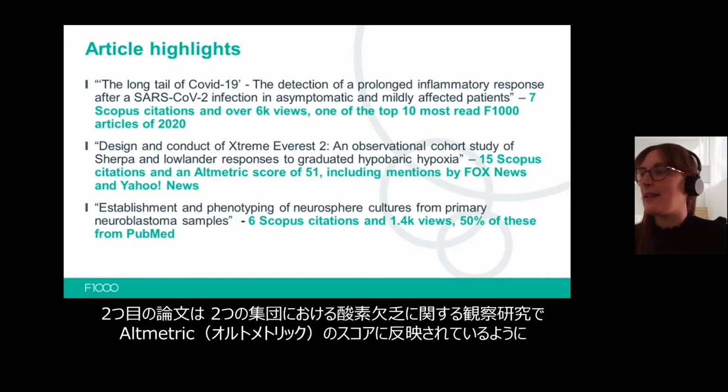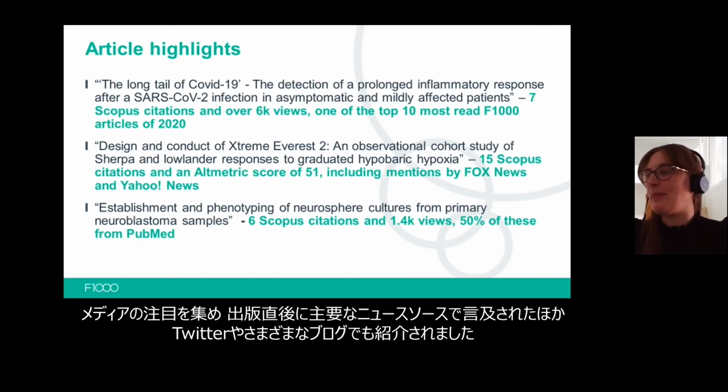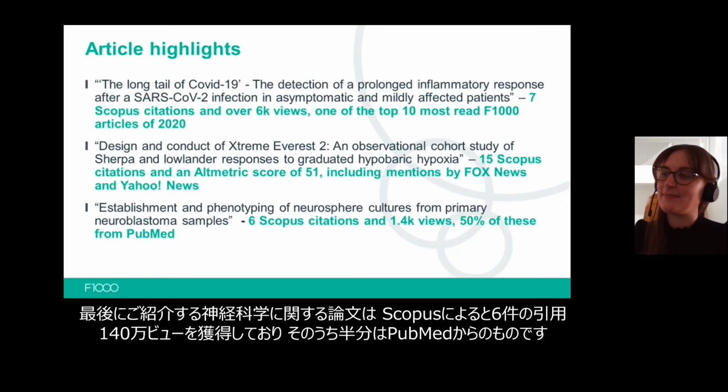The second article is an observational study on oxygen deprivation, which attracted a great deal of media attention as reflected in its altmetric score, being mentioned by mainstream news sources shortly after its publication, as well as on Twitter and various blogs. The final article I will mention here on neuroscience has accrued 6 citations according to Scopus and 1.4